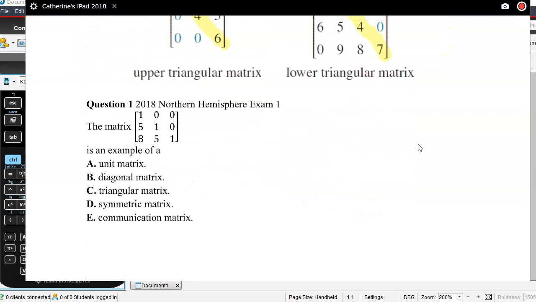So I've got here the 2018 Northern Hemisphere Exam 1. This is question one, so it's considered very straightforward. The matrix 1 0 0, 5 1 0, 8 5 1 is an example of what type of matrix? It's a triangular matrix